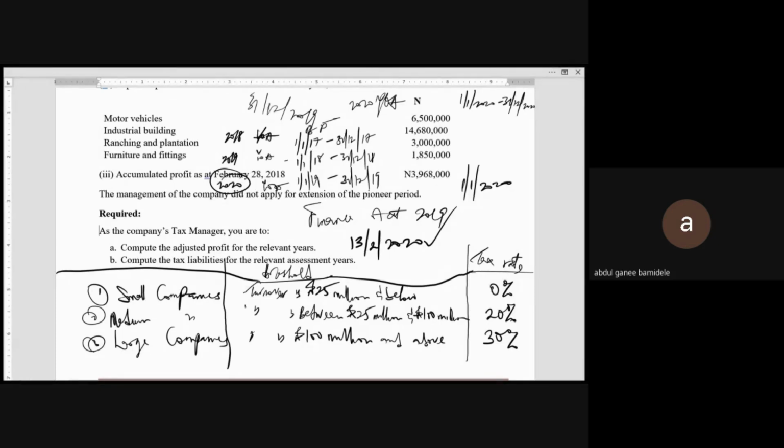Which year of assessment? 2020. In 2020, it became effective in 2020. Okay, so that's why in the question that we have now,